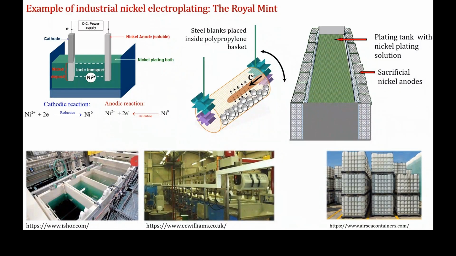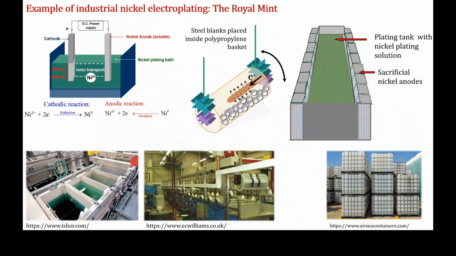So the way coins are plated at the Royal Mint is a process called barrel plating. You have something like 80 kilograms worth of steel blanks, I think it amounts to something like 100,000 coins, placed in propylene baskets. The baskets have a central conductive copper rod running through the middle of them. The basket can be rotated, and the coins tumble about. When you do the actual electroplating, this entire basket is immersed into a great big plating tank